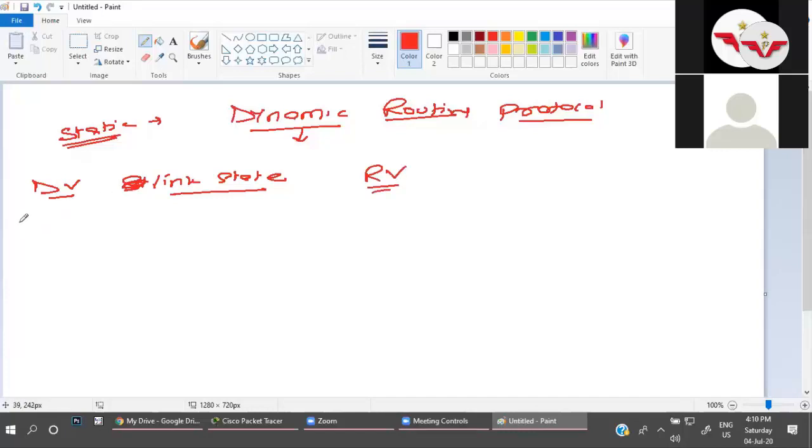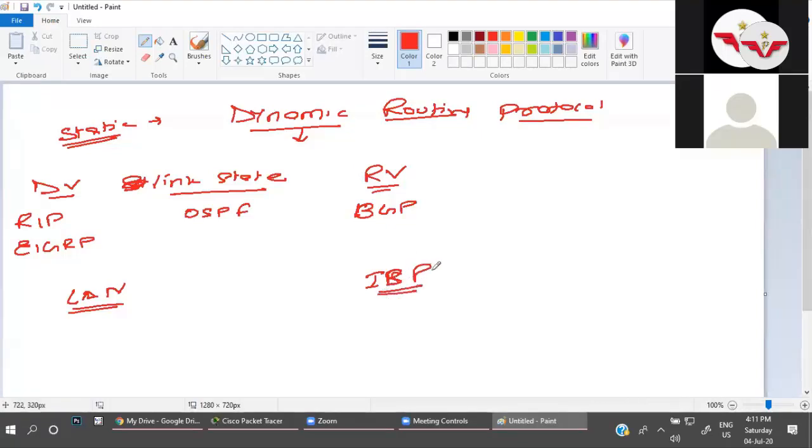In distance vector, there are RIP and EIGRP; in link state we have OSPF; and route vector is BGP. Distance vector and link state are basically used in local area networks, whereas BGP is used at the ISP end. Okay, is it clear?